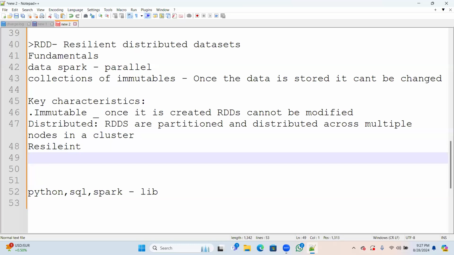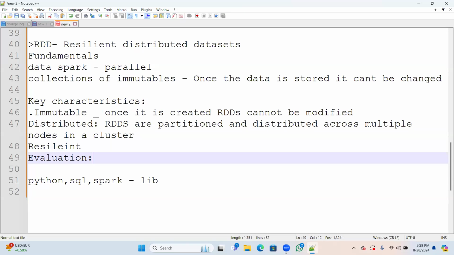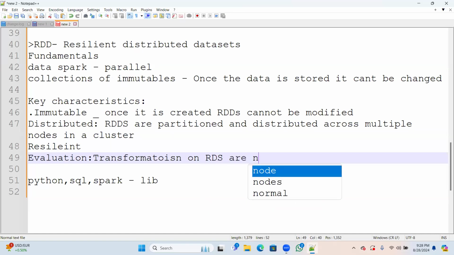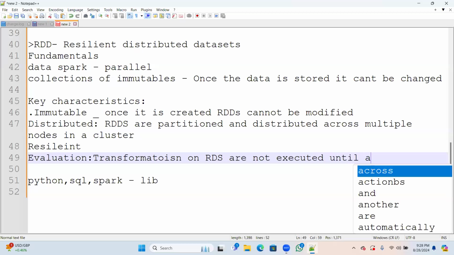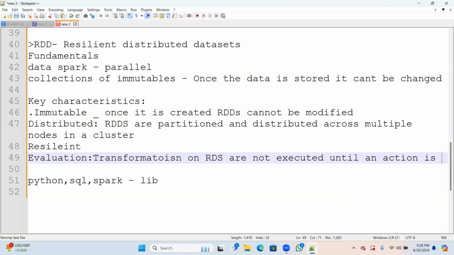It can also do lazy evaluation, which means it will do the transformations but not execute them until an action is triggered.